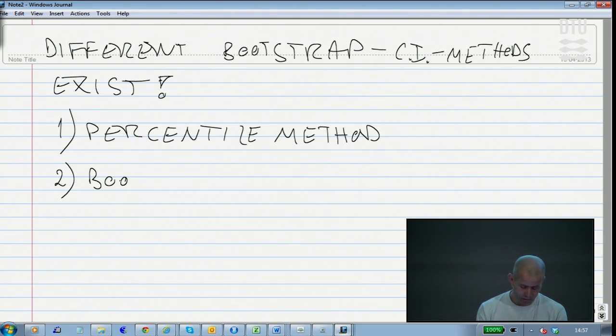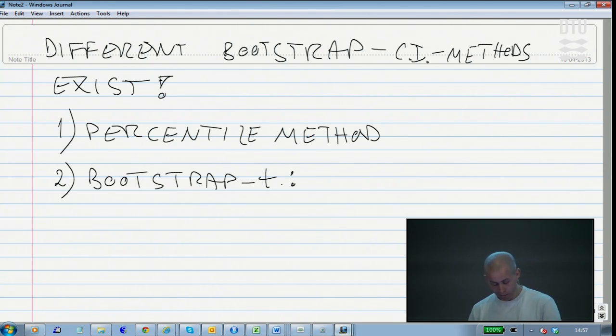There is something which is called sometimes the bootstrap T method. In the bootstrap T, you do something slightly different than the simple percentile. What you would do in constructing a confidence interval for bootstrap T, you would go for taking the estimate of whatever you compute. Now we call it theta. It could just be the average, but now let's use the general term theta hat.